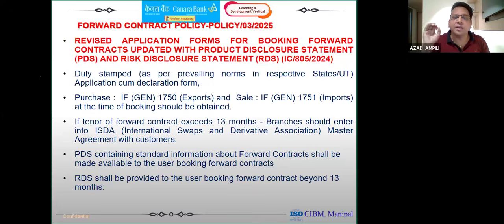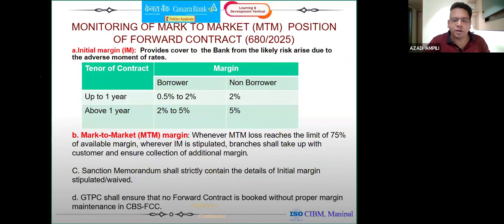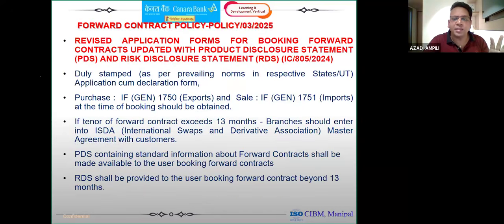PDS containing standard information about the forward contract shall be made available to the user booking a forward contract, forward purchase or forward sale, PDS we should do. If somebody wants to book a contract for more than 13 months, as I already said, we have to take the ISDA agreement. Along with that, RDS, risk disclosure statement, should be provided to the user booking a forward contract beyond 13 months. So what are the risks? We are telling the customer beforehand. So 1750, 1751, RDS, PDS. RDS full form is risk disclosure statement. PDS full form is